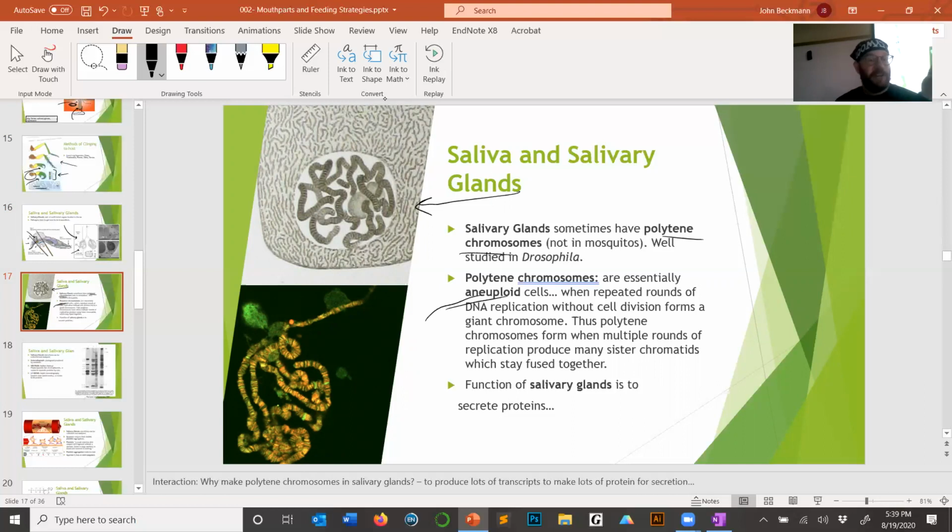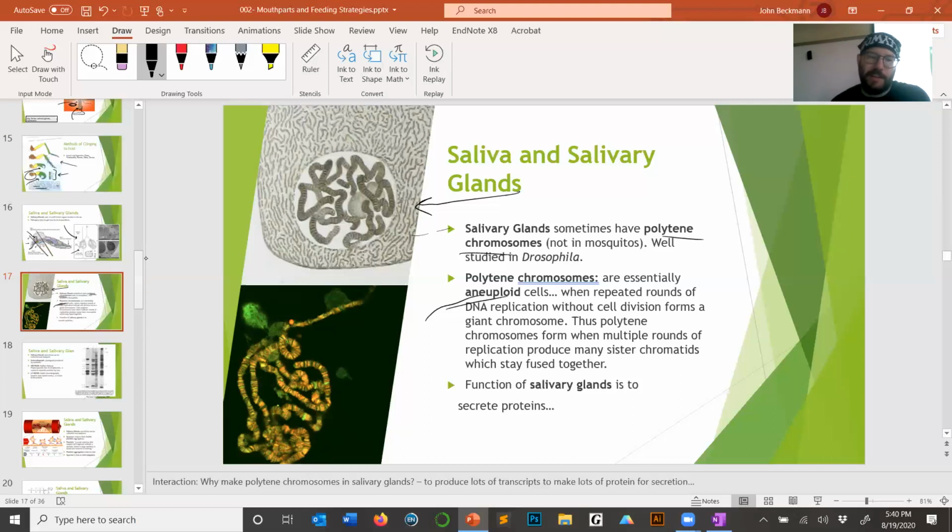Yes, the salivary gland is essentially a gland whose function is to mass produce proteins. It's almost like a recombinant protein factory, because they're literally just producing proteins that should be spit into whatever they're spitting. So they need to mass produce proteins, and the way they do that is they make multiple copies of their chromosomes. They become aneuploid. That means more messenger RNA. That means they make more protein. So this is just a really interesting